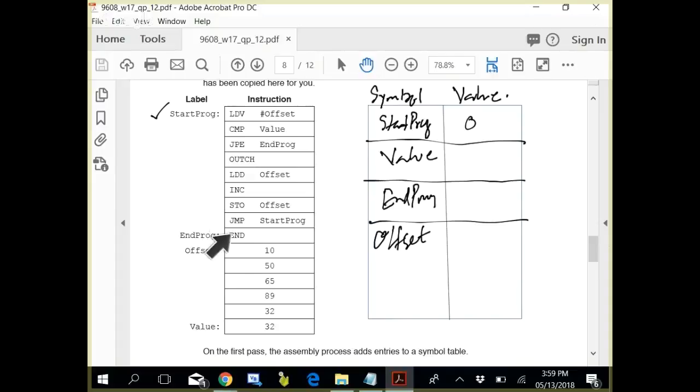Jump to start of the program. Then it comes across end. End program. So this is 1, 2, 3, 4, 5, 6, 7, 8. Offset is 9. 8, 9, 10, 11, 12, 13, 14. So this is the first pass. It is collecting all the symbols and their relative addresses, which are called values.